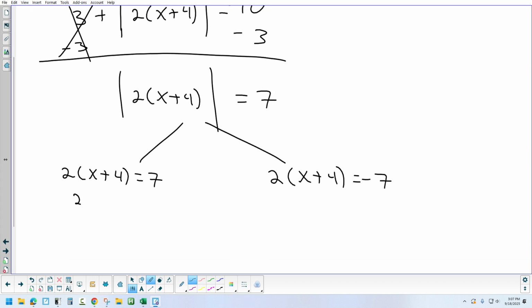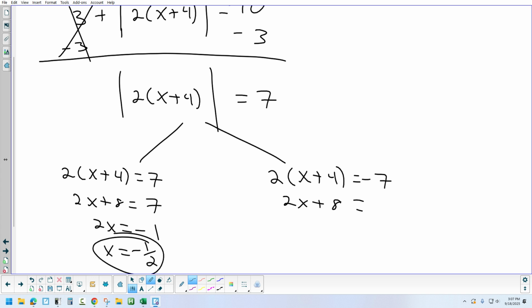So it's going to give me 2x plus 8 equals 7. So we get 2x equals negative 1. Or x would equal negative 0.5, or you could also say negative 1/2, either way. Yep. So that's your first answer. And second answer